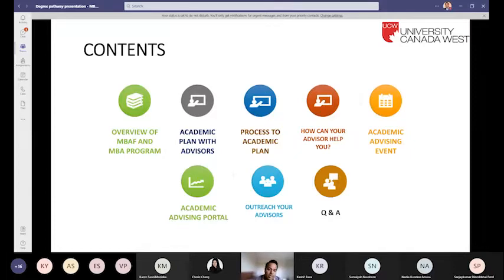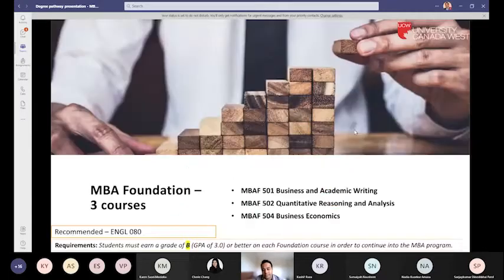We will be discussing the overview of what an MBA Foundation and MBA program is, or what it looks like, academic plans with your advisors, the process of academic plans, how your advisor can help you, academic advising events that the academic advising team puts up for you throughout the term, what the academic advising portal offers you, and outreach to your advisors, how you can connect with your advisors. Towards the very end, we will have the Q&A session.